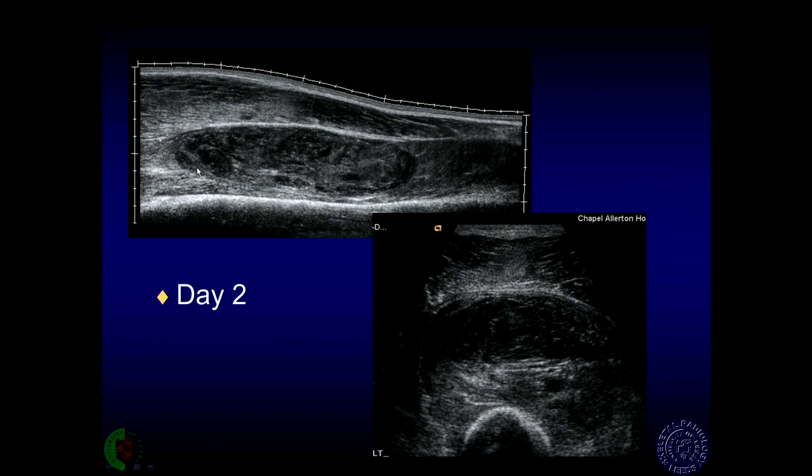So here you can see a vastus intermedius. This is a centimetre scale, so this is a 15 centimetre hematoma in this patient's vastus intermedius. You can see that it's a direct injury. You can see the altered echogenicity here in the rectus femoris overlying it where the patient's taken the trauma. Same thing on the axial views. If you're going to aspirate these, it's best to wait till about 10 days when you can start to see